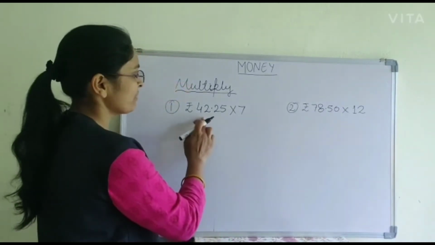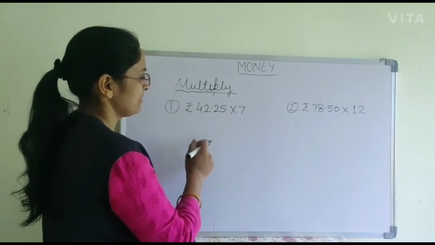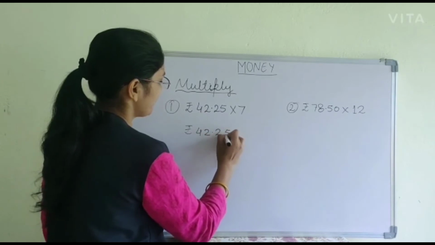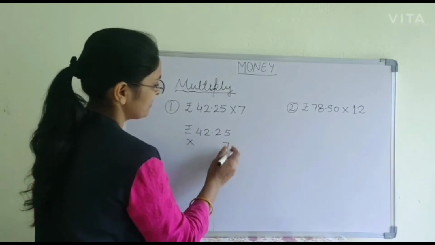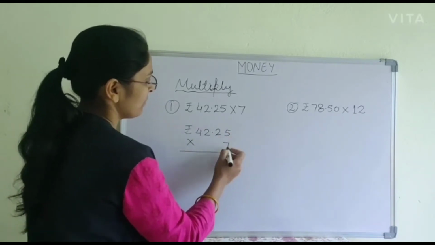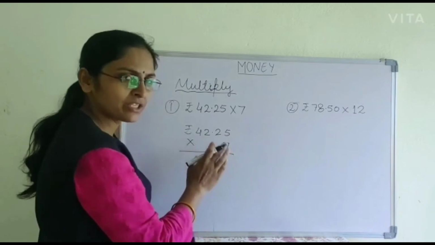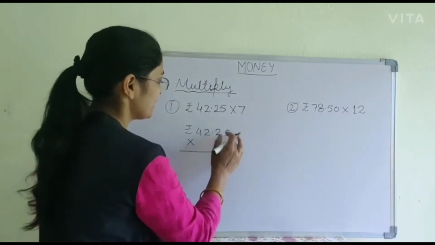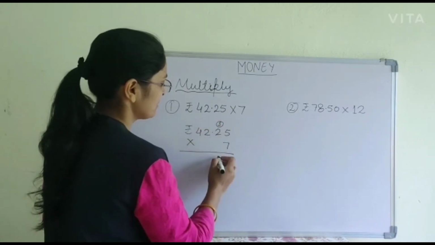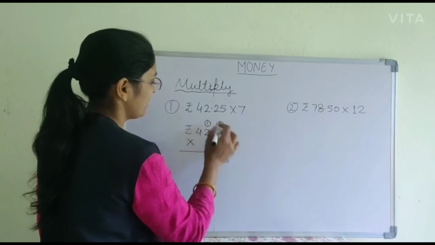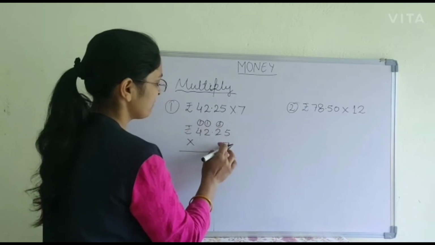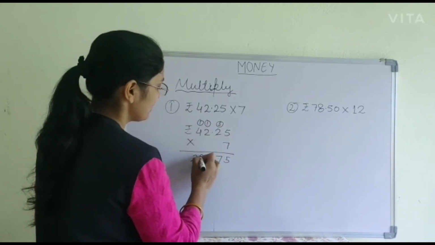Here children, rupees 42.25 multiplied by 7. So write in this column form rupees 42.25 multiplied by 7. Okay, write 7 below this ones place digit. This last digit. Okay. So 7 5s are 35. This multiplication is simple as you learned earlier. So 35. So 5, 3 will be carried. 7 2s are 14 and 3 is 17. Then 1 carry. 7 2s are 14 and 1 is 15. Again 1 carry. 7 4s are 28 and 1 is 29.